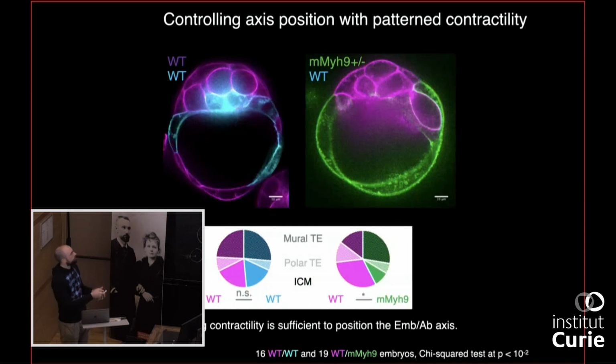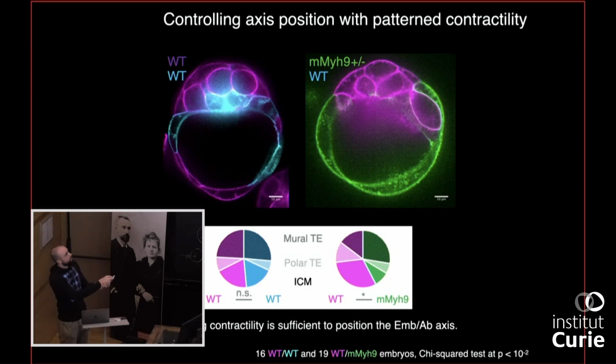And so this is, of course, what happens. So this is a wild-type chimera. You have the same kind of quantification as you have seen before. And now this is a wild-type myosin mutant chimera, with the myosin mutant cells in green. The myosin mutant cells have issues dividing, right? Because you need myosin to divide.